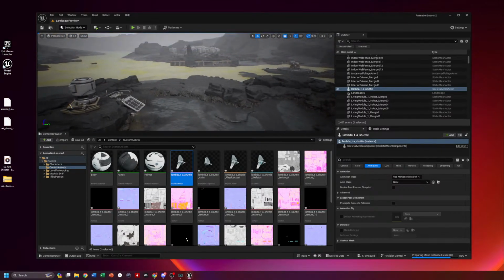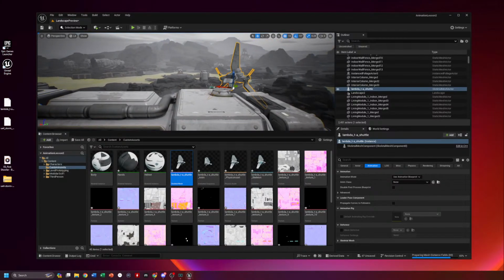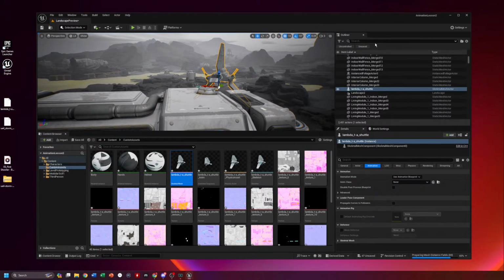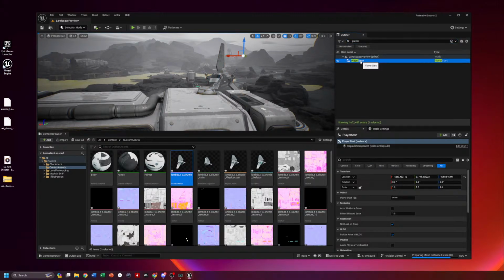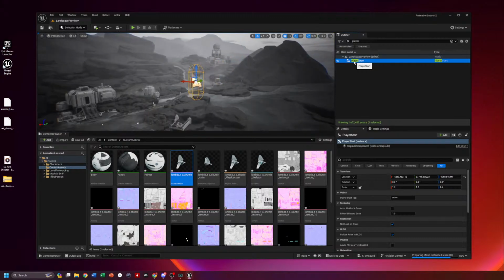Now, what I don't know is, does this level already have a player start? So I'm going to come up to the top right in the outliner and type the word player. And sure enough, there is one. And when you select it, you can hit the F key, F like Frank, and that brings the focus of the viewport to that particular object. And I can either move that, or I'll just take this opportunity to delete it and show you how to add a player start, because I know that Dave was really new to Unreal. And so I'm just going to choose this and hit delete,